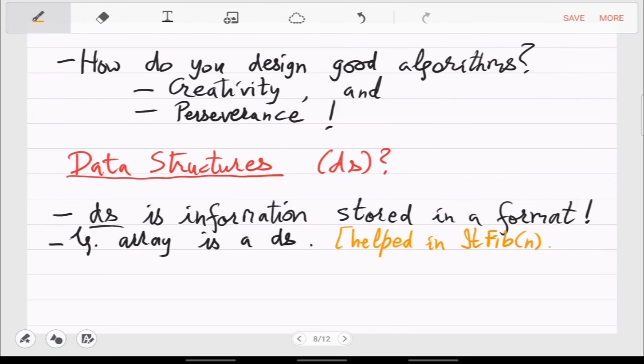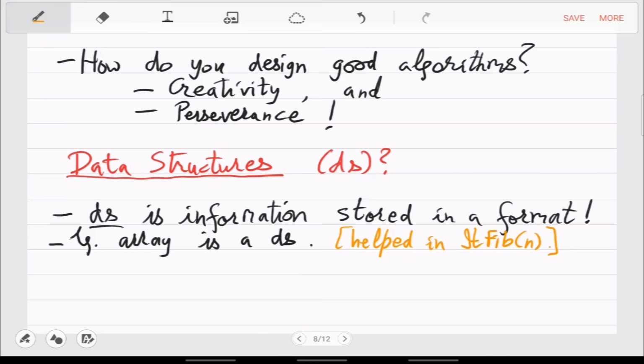Right, so in this algorithm, when we were iterating, we were storing the answers in an array so that we knew what value is where. So in the future, when we wanted to compute f of n, we could use f of n minus 1 and f of n minus 2, which were stored somewhere else. So that was more useful than, for example, a recursive call, because in a recursive call, we did not know what is stored where. It was all haphazard because it is left to the computer to decide.